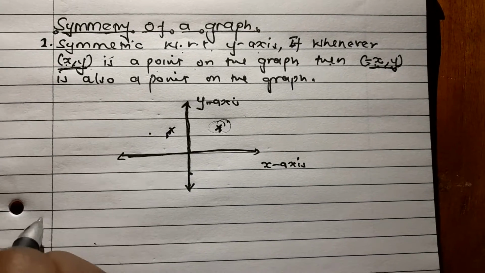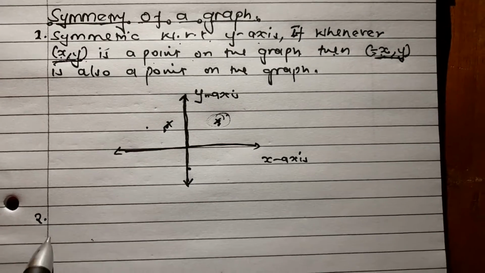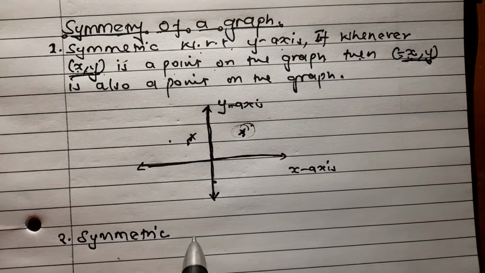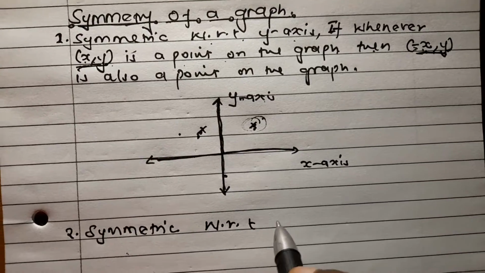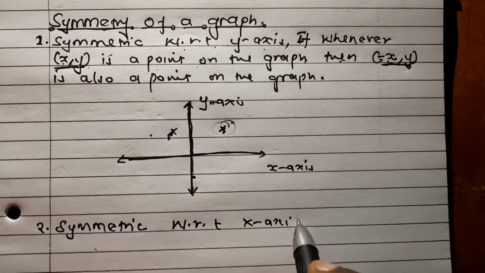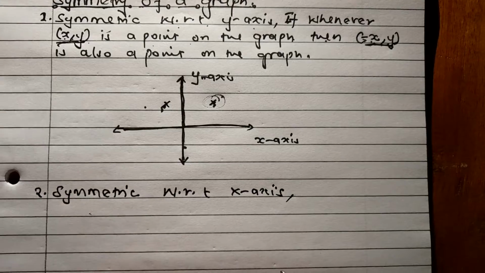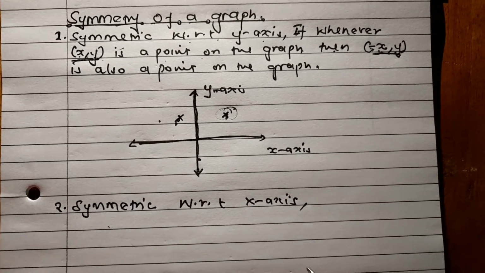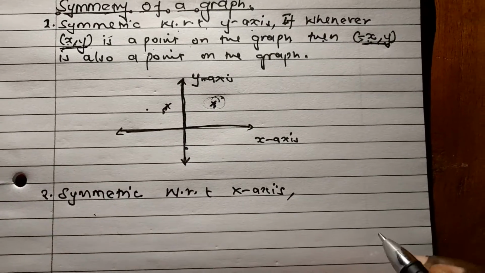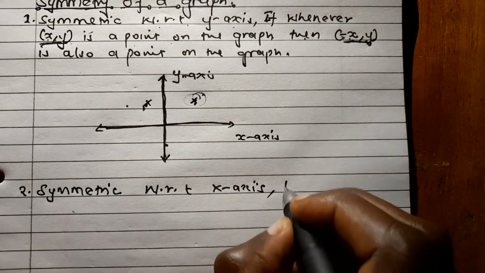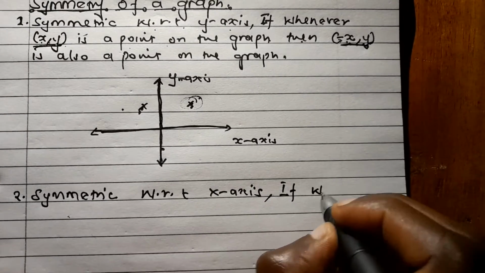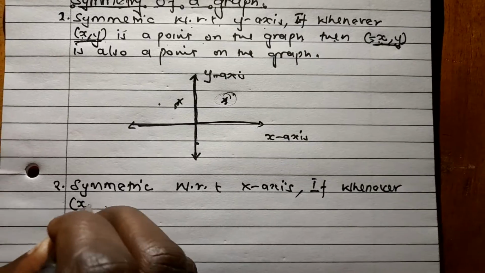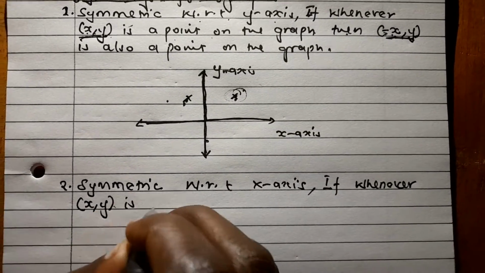The other type of symmetry is symmetric with respect to the x-axis. So when is a graph said to be symmetric with respect to the x-axis? Actually, a graph is said to be symmetric with respect to the x-axis if whenever we have a point x comma y on the graph,